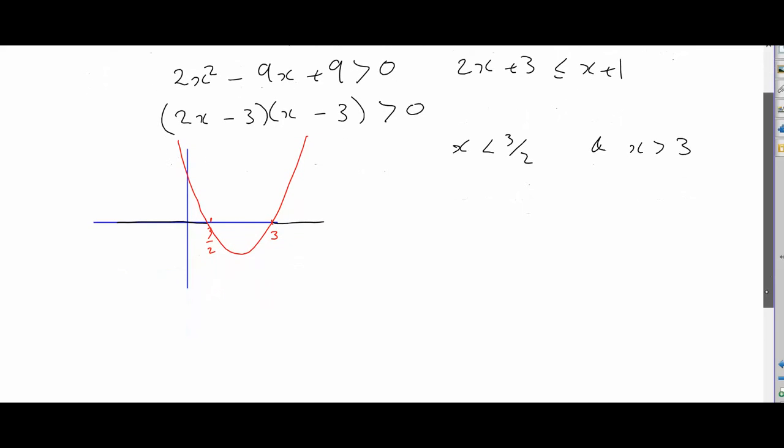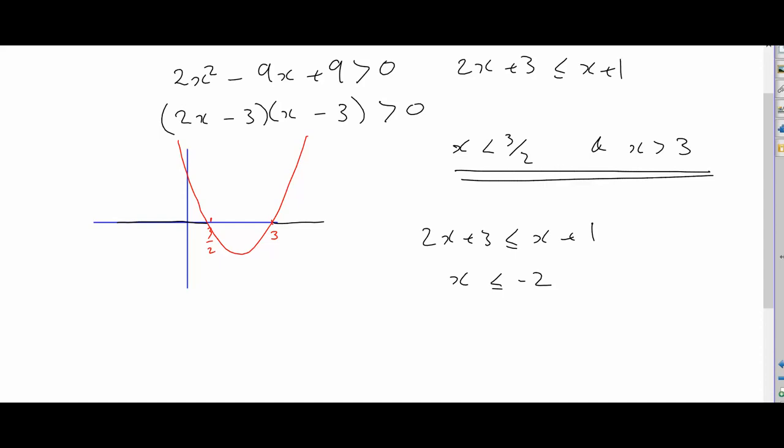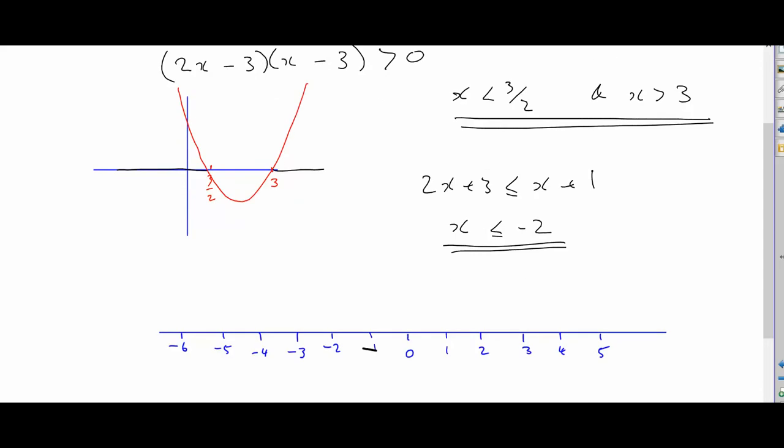Second inequality, 2x plus 3 is less than or equal to x plus 1. Subtracting x from both sides and subtracting 3 from both sides gives us x is less than or equal to minus 2. So the two ranges that must be both satisfied are x less than 3 over 2, 1.5, x greater than 3, and x is less than minus 2. Using the number line again,